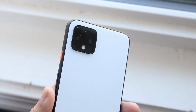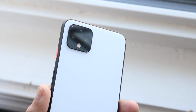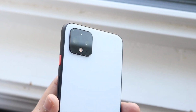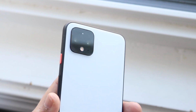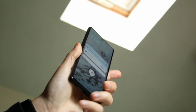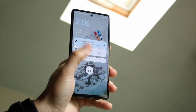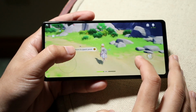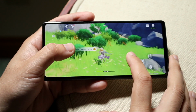You had a little bit of bezel on the top, but it really wasn't that big of a deal. And when you look at phones nowadays, this one definitely looks a little bit more dated, but it's still not a bad panel, and I'm a fan of it. On the front of the Pixel 6a, on the other hand, we have a bigger 6.1-inch OLED display, and it is a 1080p panel. Now, this one is 60Hz, but you do have a lot less bezel on this panel,